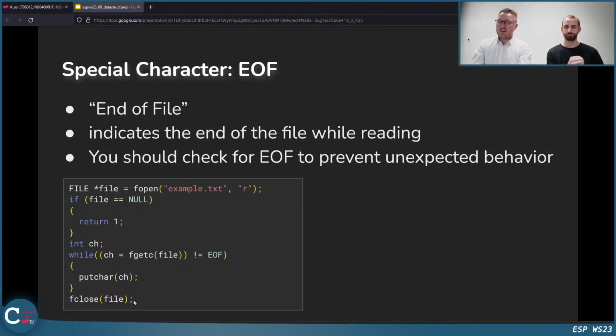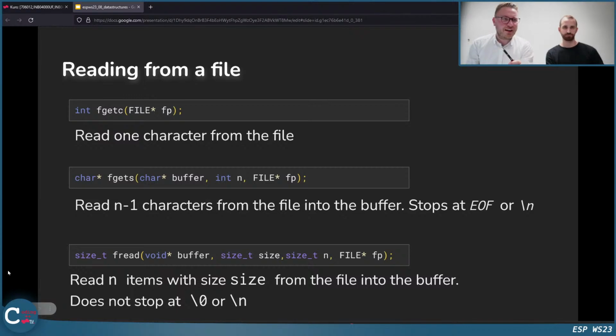Can you go back one slide? Actually, I just realized something interesting. Question to all that have been here last week as well: check the function signature of fgets and fread, like the parameters. Is there anything that looks a bit strange? Because I realized something and I was not sure, and I just Googled why this is like that. So fgets and fread. You know what I mean, probably?